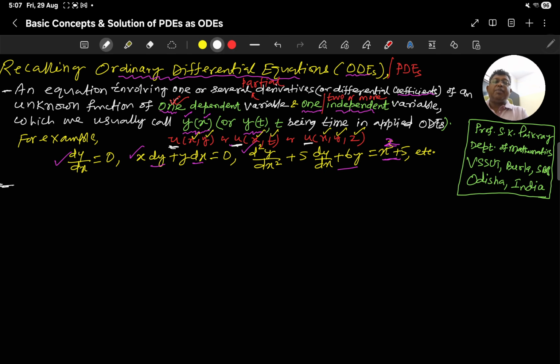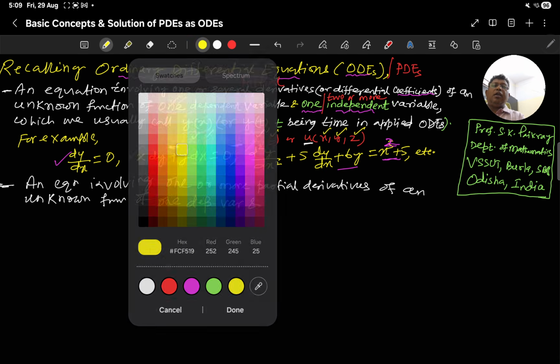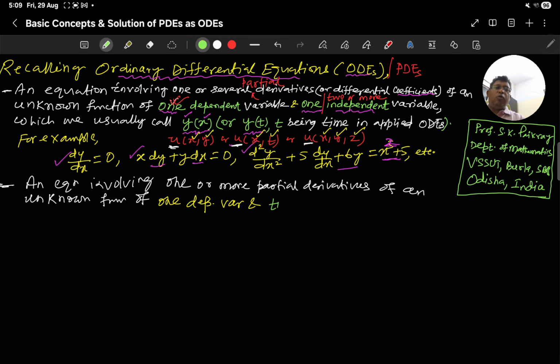An equation involving one or more partial derivatives of an unknown function of one dependent variable, and we have two or more independent variables,